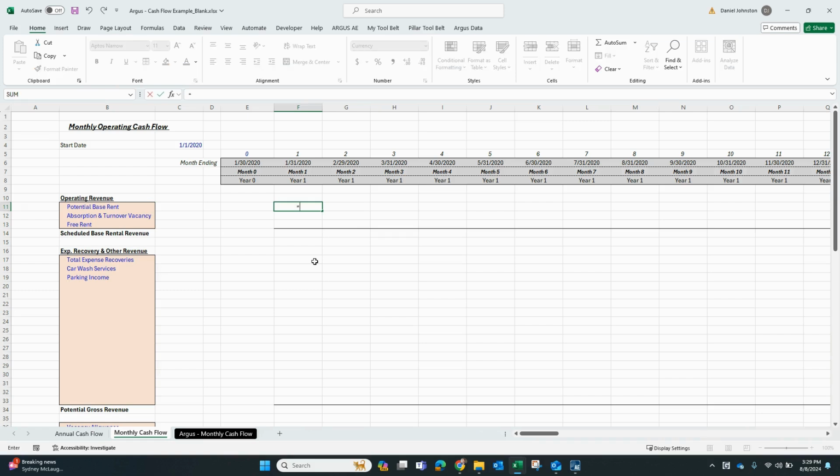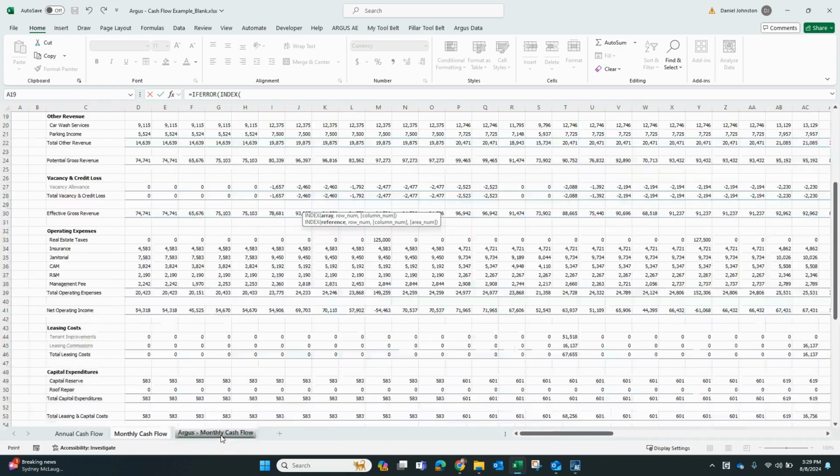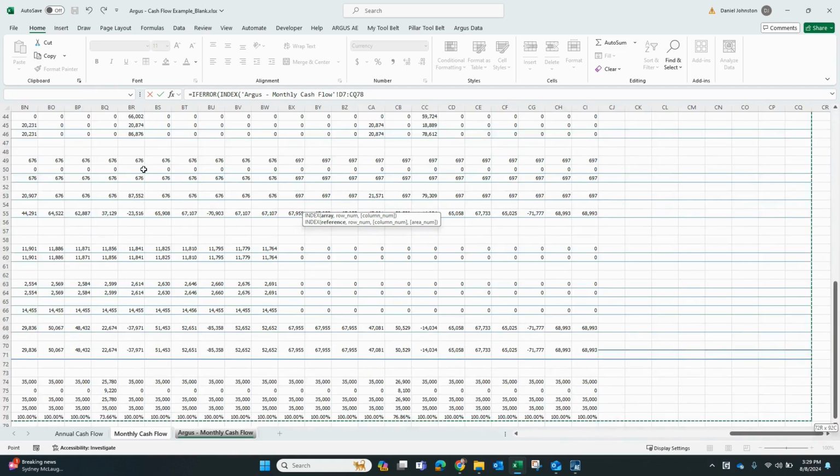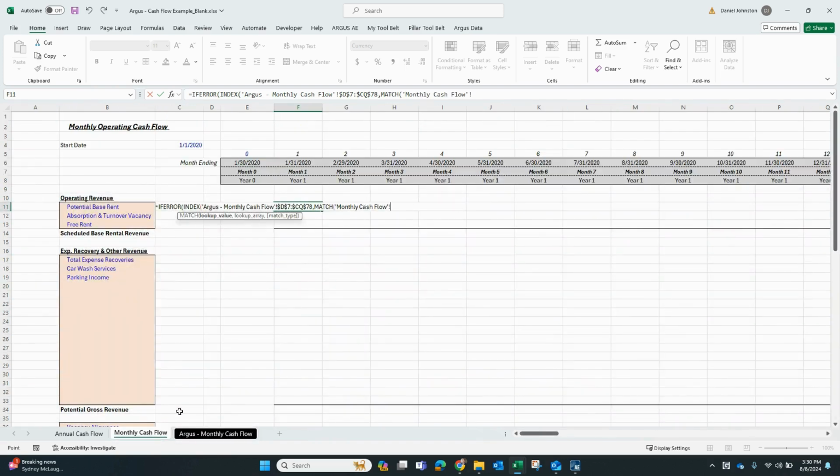So that formula is going to be if error, and we're going to do index, and we're going to index all of the cash flows starting in D7. So the first place that you have an actual value at the very top and to the left, so month 1 potential base rent, and we're just going to hit Control Shift End to select all of that. And we will do F4 to lock that in, and then we are going to select a row number, and to do that we're going to do a match function, and we'll come back to our monthly cash flow, and we are going to